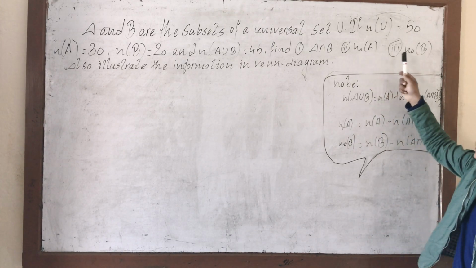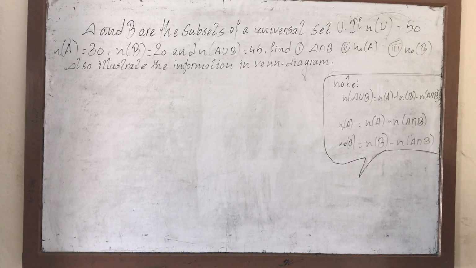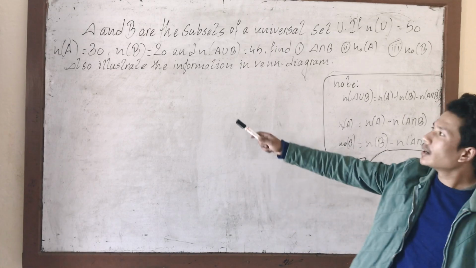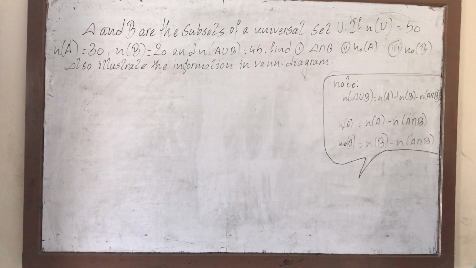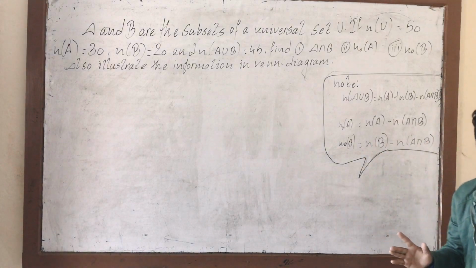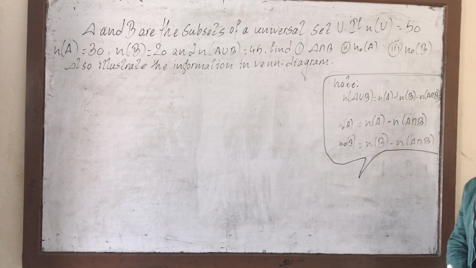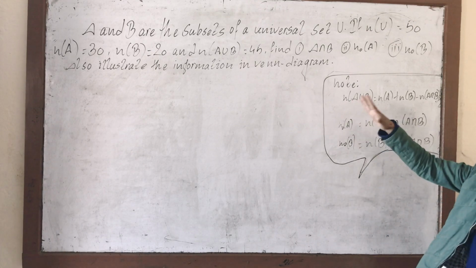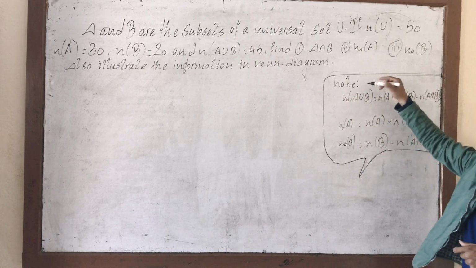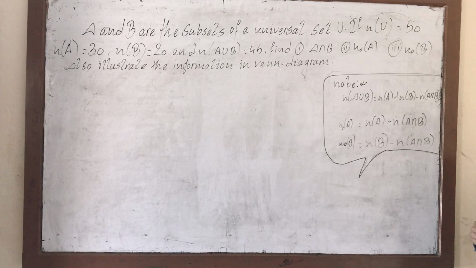यो O भनेको चाहिँ only, number of A only कति रहेछ, number of B only कति रहेछ, we need to find out. Then after also illustrate the information in Venn diagram भनेको छ. We have to represent this information into Venn diagram also, which I have already taught you, right? So before we do that, let me tell you about this note. In note मा चाहिँ मैले के लेखेको छु भन्दाखेरि I have written some formulas here to find out the following things है.